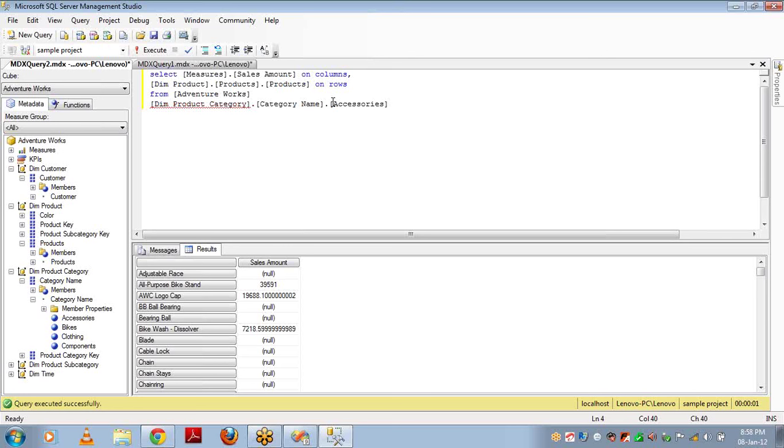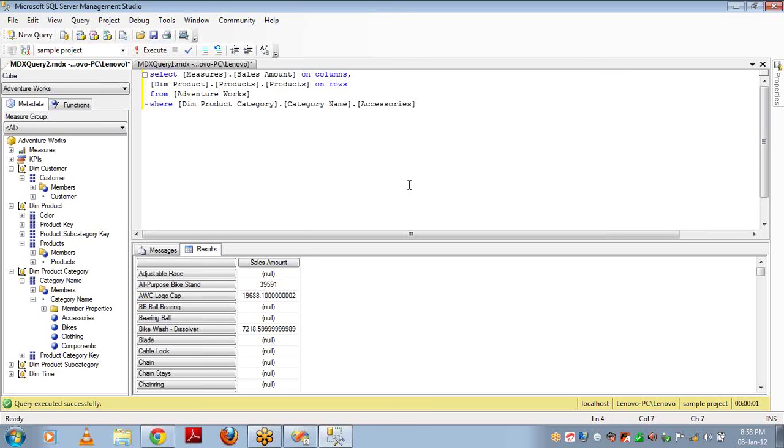So now I want to filter, and I'm not using this hierarchy anywhere in my query, not in the column axis or row axis. So I can make use of this particular member to filter the result set in the where condition.